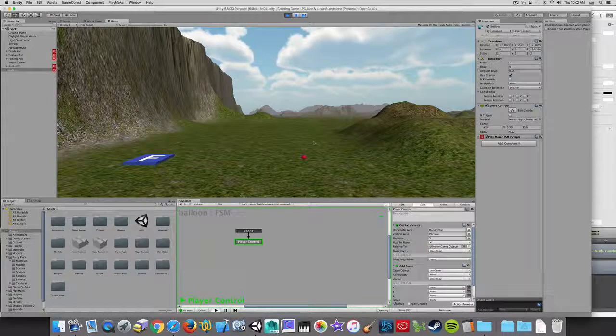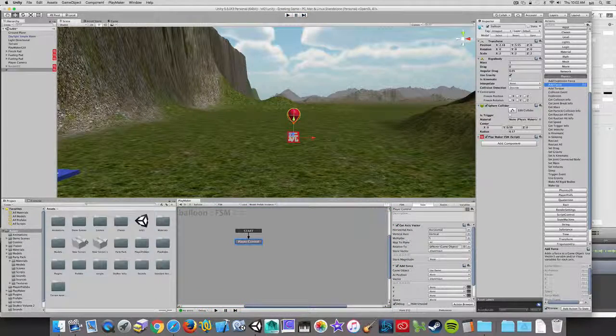Could be because we don't have enough force to cause that to move up. And it's rolling when we go left and right. That's just because it's sitting on the ground, and we have a sphere collider on it, so it's causing it to kind of tumble on the ground. So